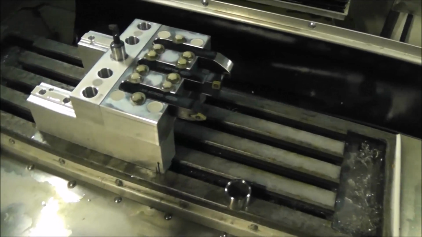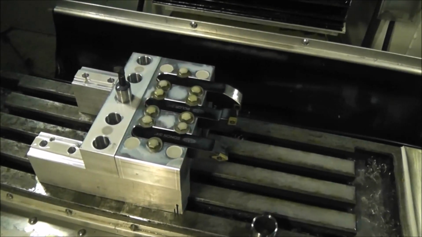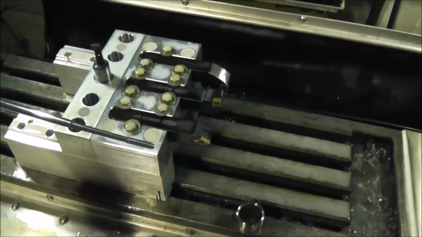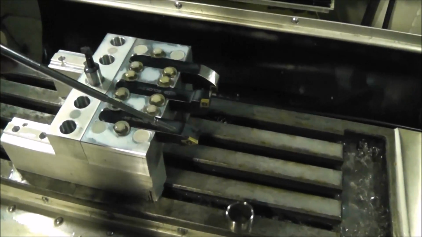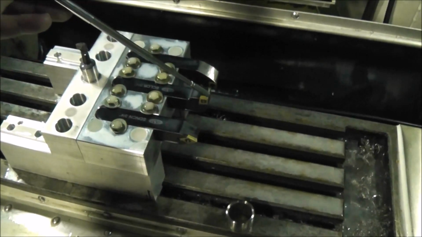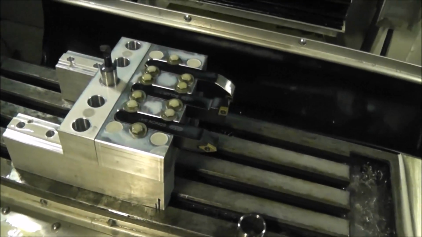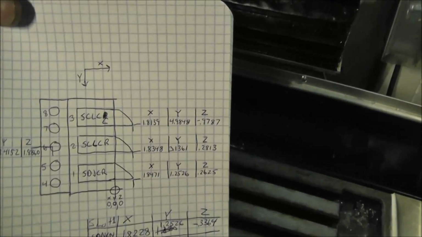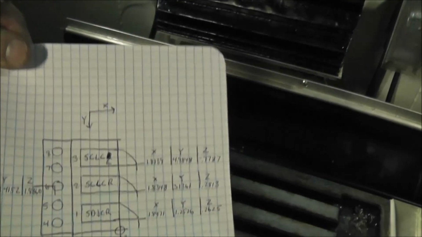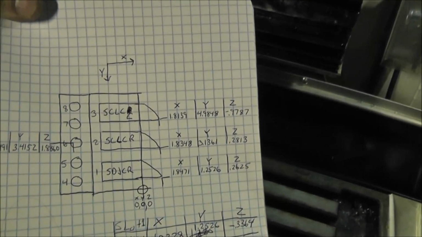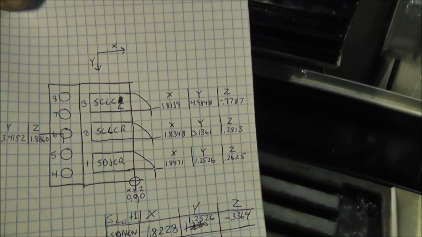And I'm using the G52 work offsets. Since my jig is pretty much the same each time, I'll use this as my 0 point, and then I'll map out each of the XYZ coordinates of each of the points. I made a chart here, so basically this is my chart, and then in my tool table, underneath each of the tools,